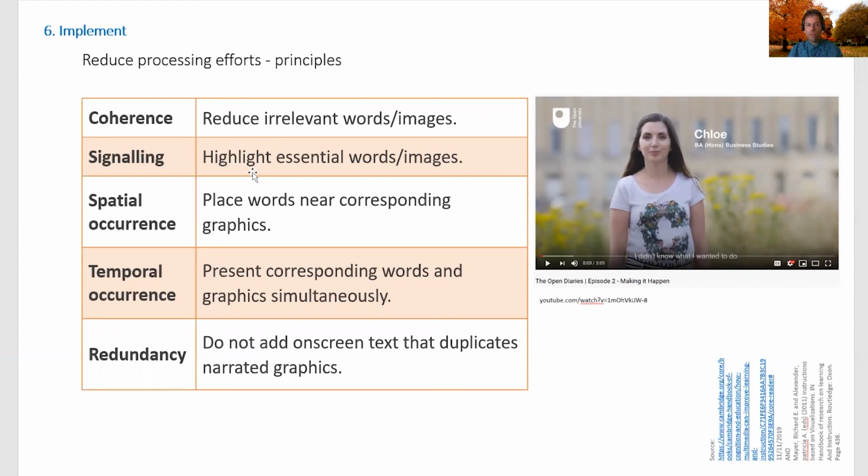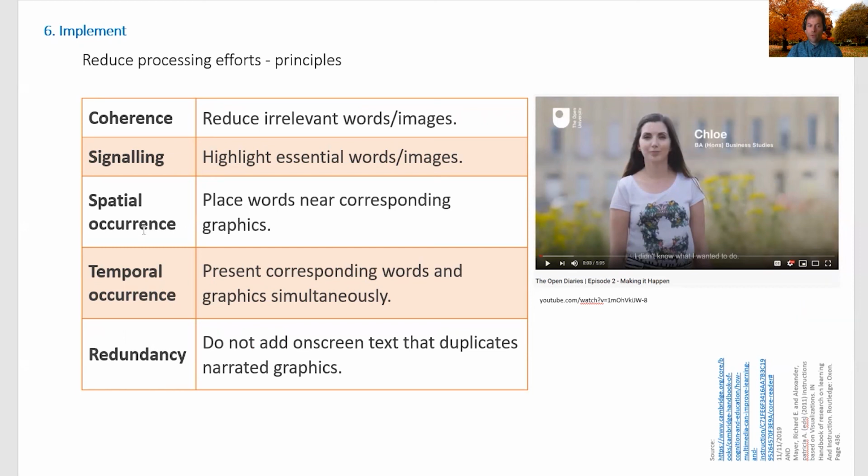What you need to think of is how to reduce the effort of processing information. So the user does not need to put a lot of effort in processing the data. There is this famous table here which tells you what you need to do, but I want to take you to this photo here, a screenshot here from a video that the Open University produced. What you see here immediately is that the name of this student, this person, that's Chloe, appears here at the top.